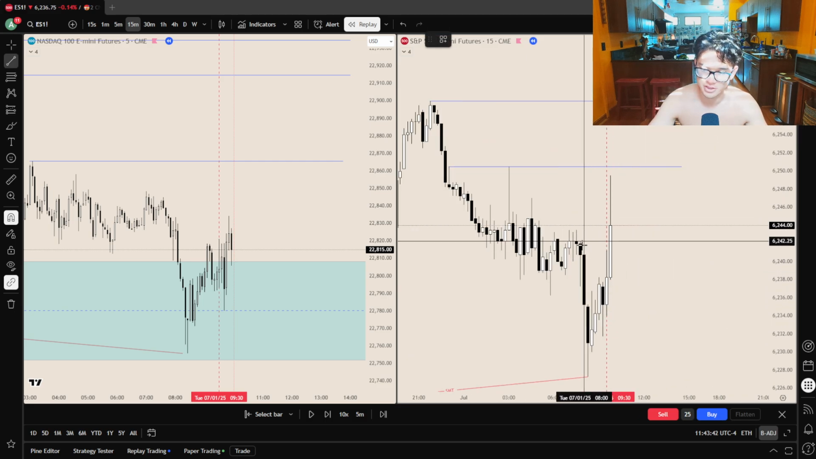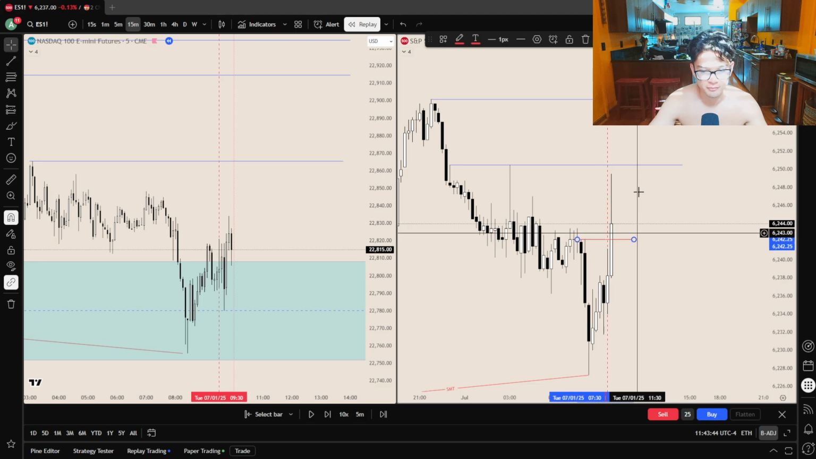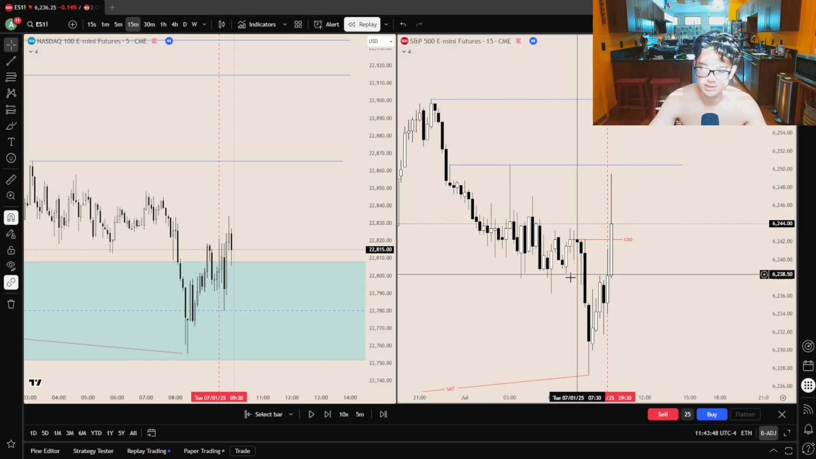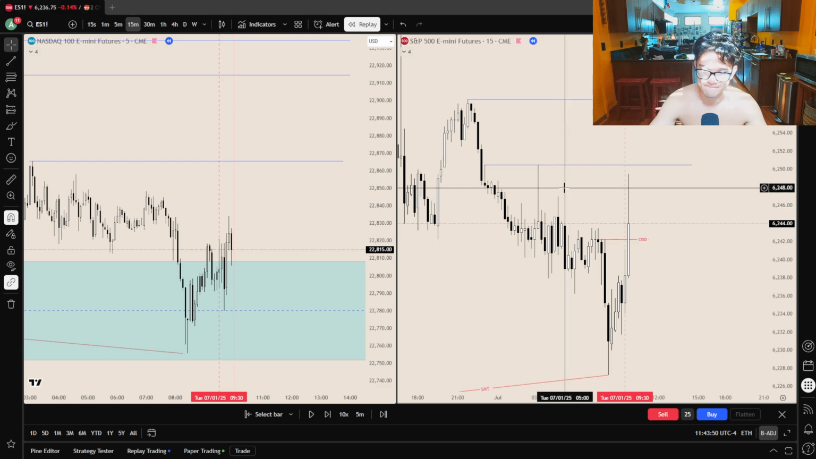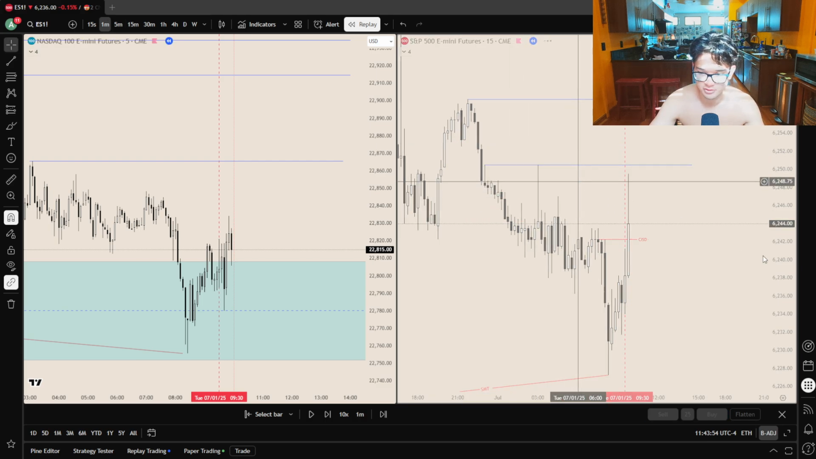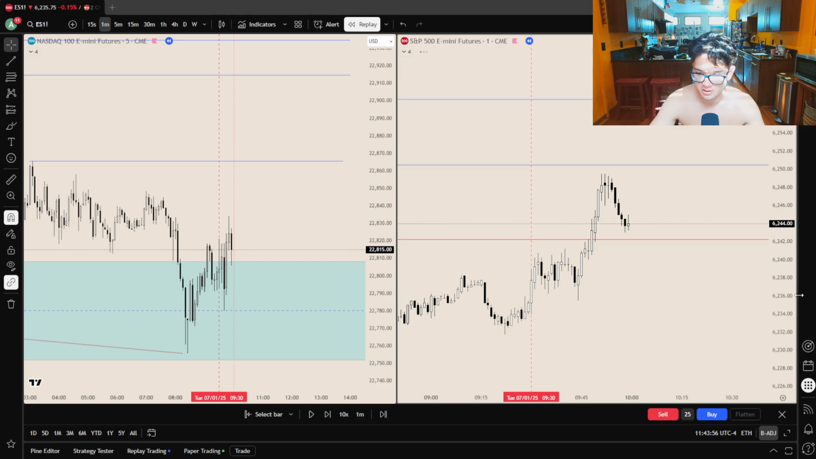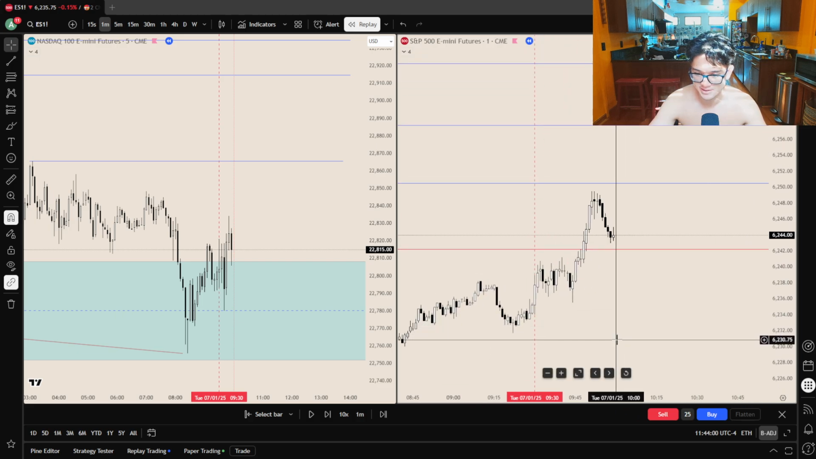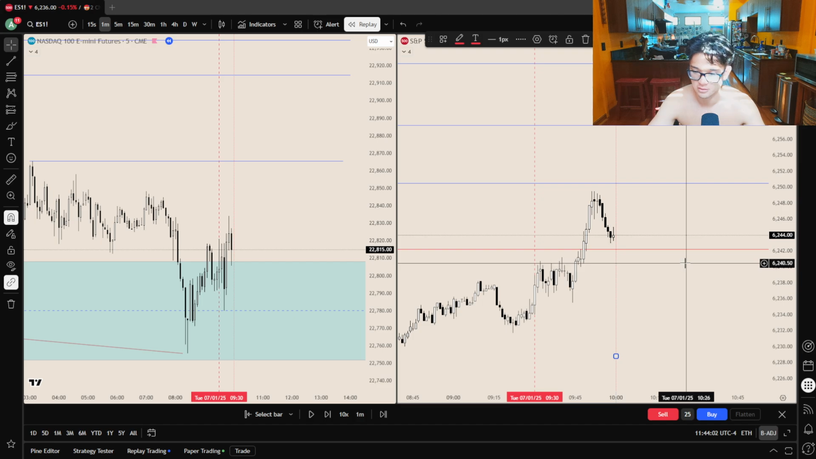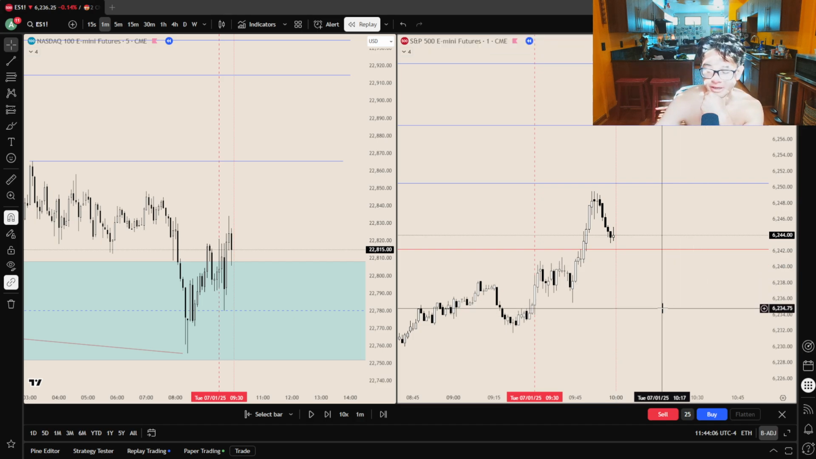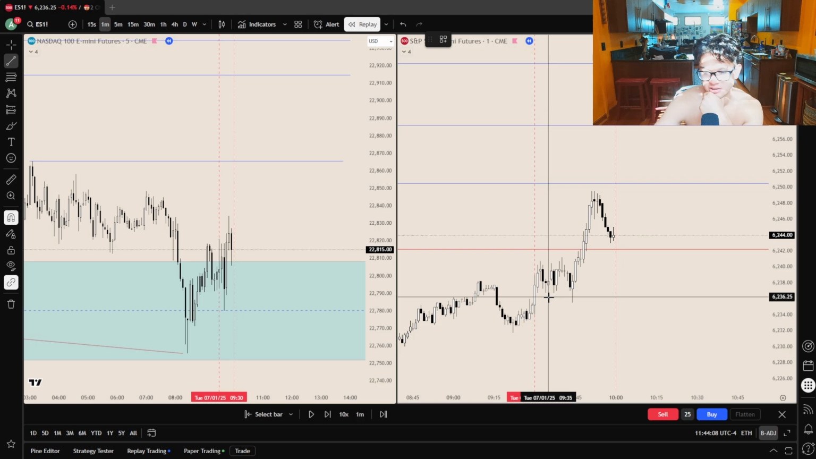Okay, so we already have the change in the state. We have the 15-minute change in the state here. ES gets a 15-minute change in the state. We also have equal highs right here. That's a very clear draw on liquidity for me. But we had news at 10 that was dropping. So I think my issue was that I was a little too patient,